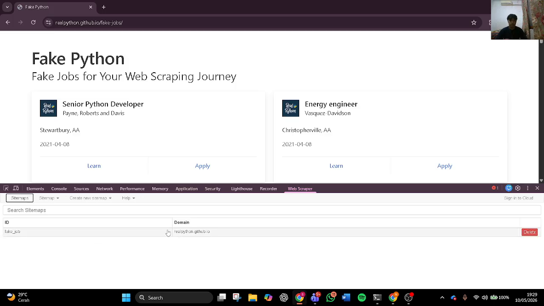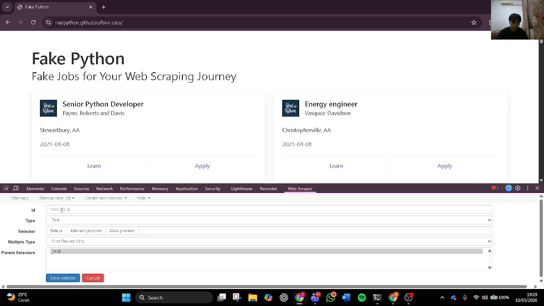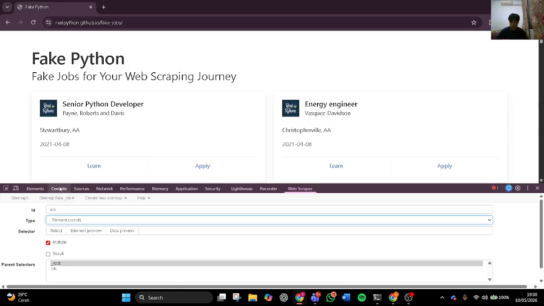Okay, this is the sitemap. Click this sitemap and create the main selector, whose name is job. The type is element scroll, and the selector is, I write it alone, the column.